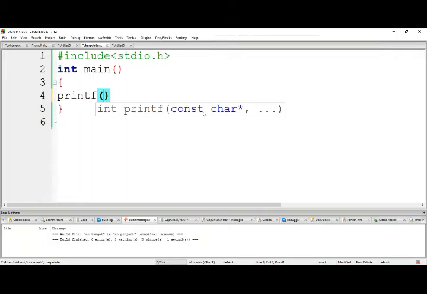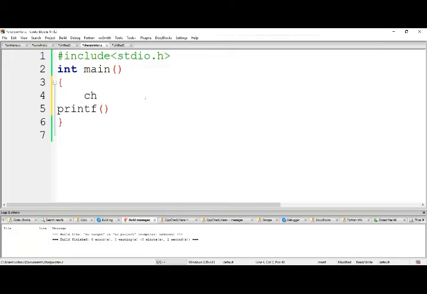Yes, sir. We can apply this pointer to a constant character to a string also. In the previous case, we observed that a character pointer can be applied to a string also. Is it right? Yes, sir. That means in the printf statement we just need to give the string. It requires a string. So let me write this one here. Char, let me create a character array like this.